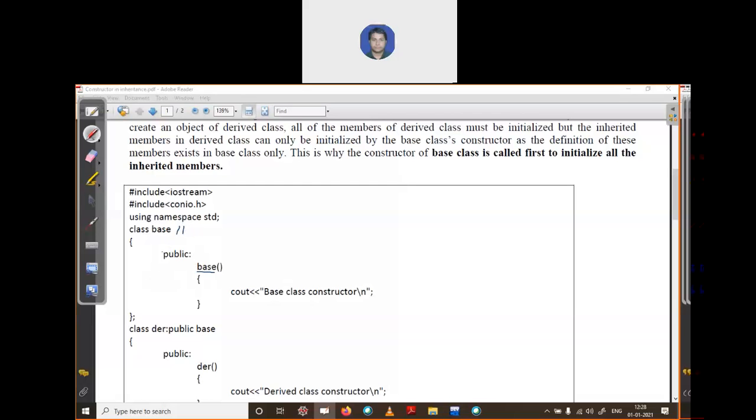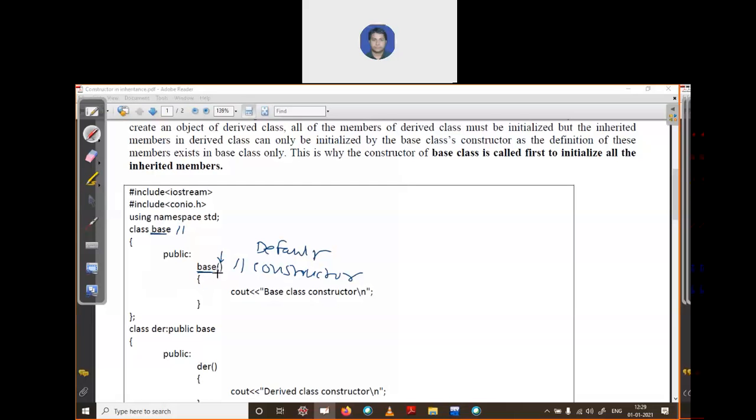When your function name and class name are the same, it is a constructor of this class. This constructor does not take any parameter as input, which means it is a default constructor.